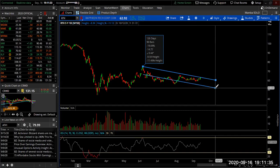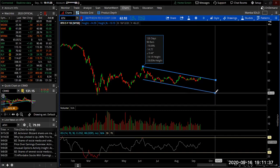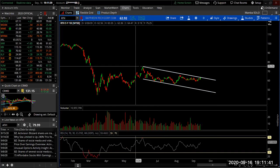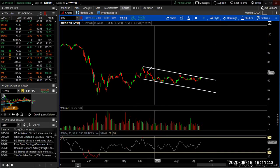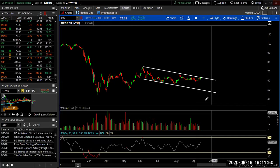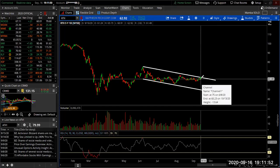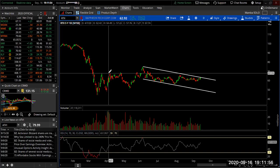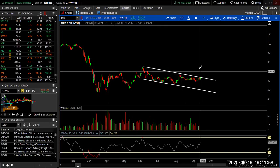I need the sucker to break out, because you can have a trading range. It doesn't have to go straight across. It's not going nowhere near the bottom support of there, so it looks like it's going to break out. I'd like for it to break out. I like RTX. I like all that sector, and if that breaks out,